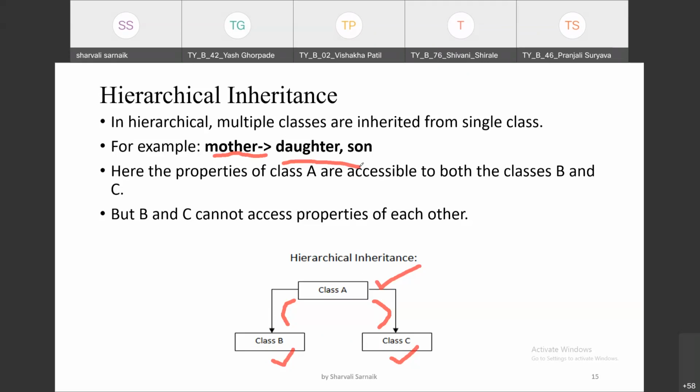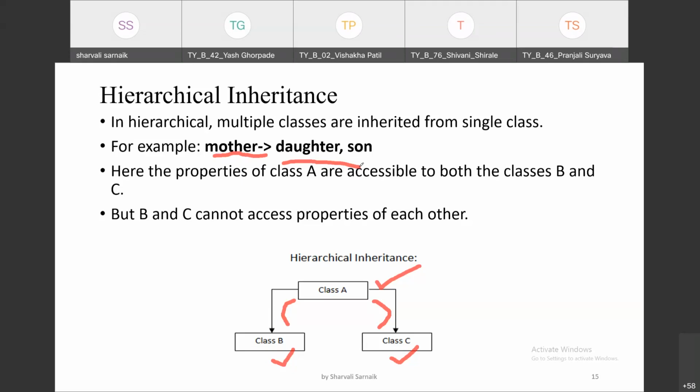So daughter will access the surname property from the mother class, and son will also access the surname property from the mother class. This means there are two different classes accessing one single class, the mother class, for a property called surname. So surname will be accessible for daughter and also son.